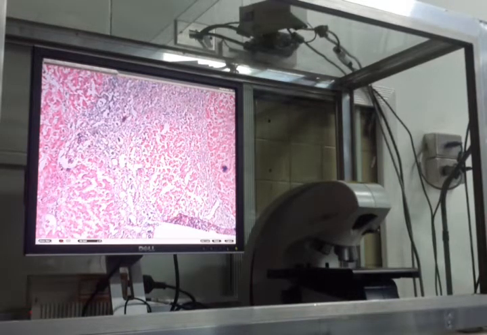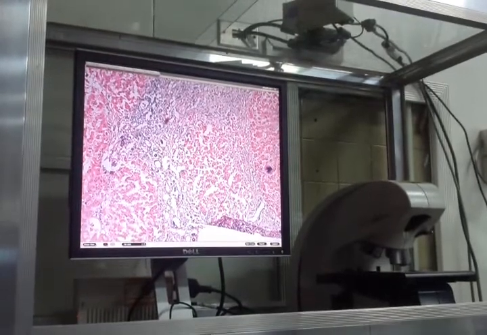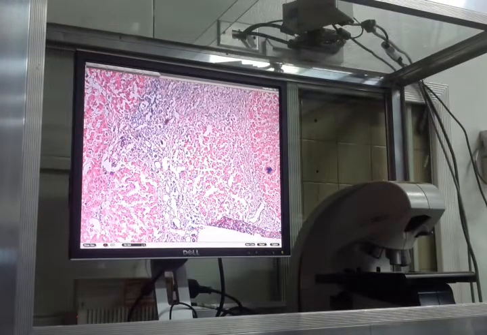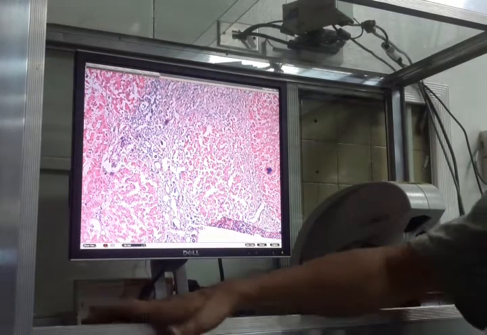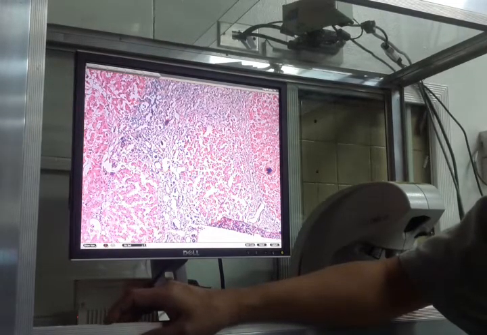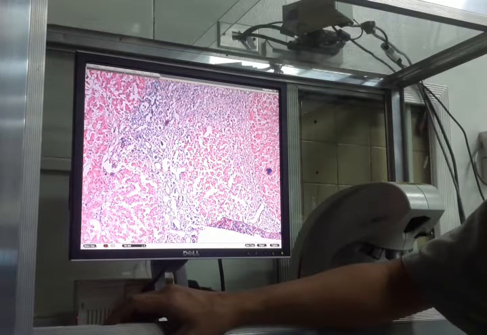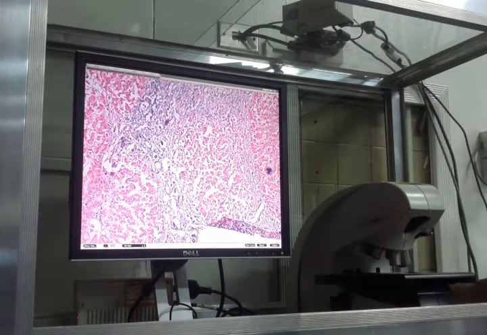Pagka marami ka ng inflammatory infiltrates, anong susunod doon? Mag-heal siya by fibrosis. Tama? Hindi siya mag-heal by regeneration. Pwede siya mag-heal by regeneration in some parts, pero yung mga necrotic area mo, mag-heal siya by fibrosis. It will not heal by regeneration. So, what will you have? You will have, eventually, cirrhosis of the liver. And that accounts for the nodular configuration of the liver seen grossly. The trouble with fibrosis in the liver,